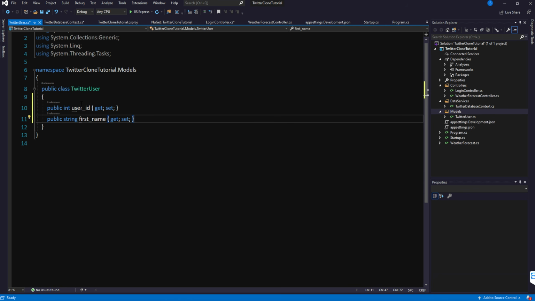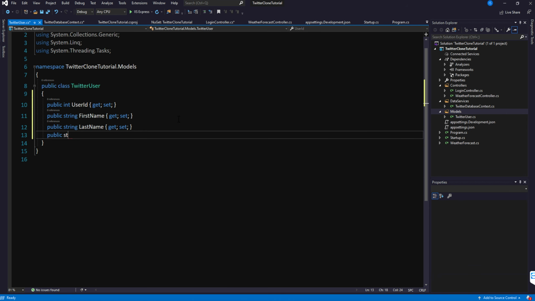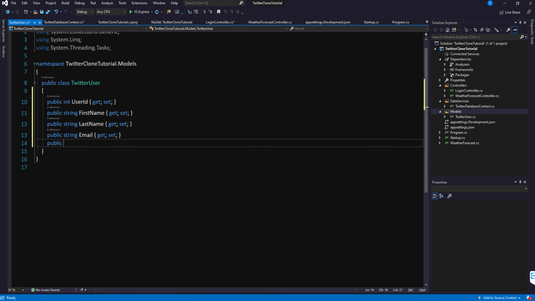Actually, sorry, these are properties, so we need to use the right conventions. So FirstName, then public string LastName get set, public string Email get set,